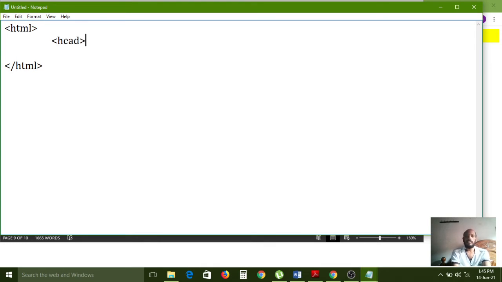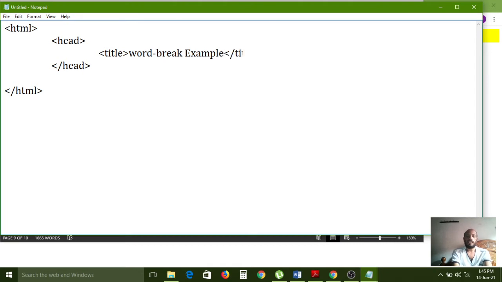Head tag, open and closing head tag, and here the title tag is required to give the title of the web page: word-break example.